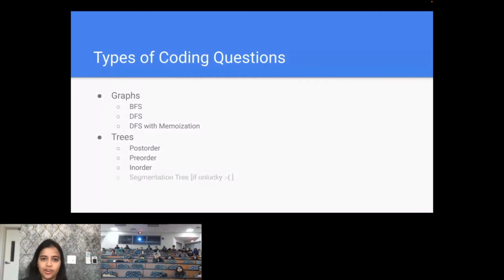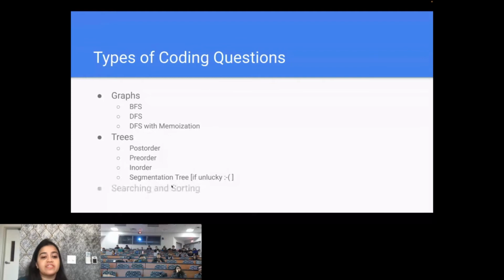It's a relatively harder data structure, but once you're very comfortable with normal binary trees, I would suggest you take a look into the segmentation tree and not really leave it out, because there are some types of problems that can be solved very easily with a segmentation tree, rather than trying to use all different types of data structures together and then no solution comes out of it. So only after you finish preparing trees, only then move on to the segmentation tree.